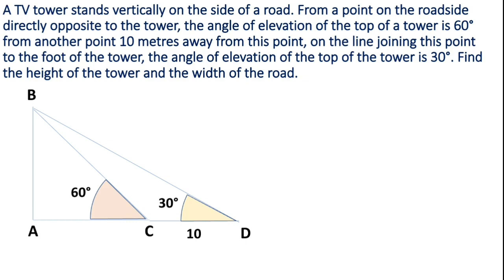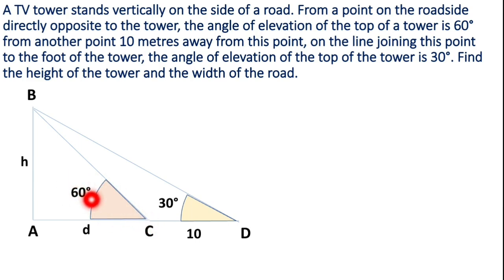Now we have to find out the height of the tower and width of the road. So we don't know the height of the tower. Height of the tower is nothing but AB. So let AB be H, and width of the road. Here AC is road. So the length of AC becomes the width of the road. Let that be D. So from this data we have to find out the H value and D value here. Clearly we are observing two right angle triangles here. So first one it is BAC. In this right angle triangle the angle is at C, which is 60 degrees.